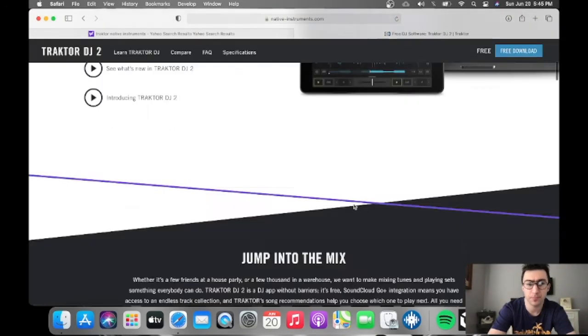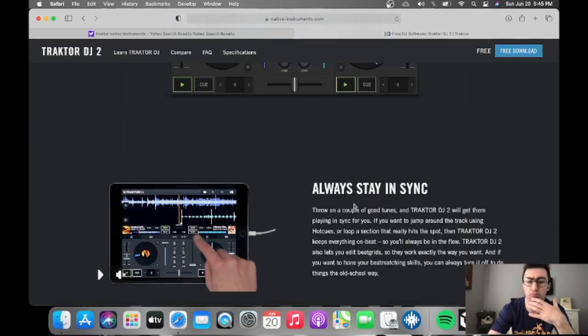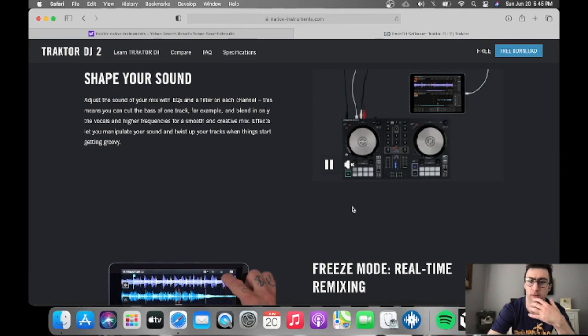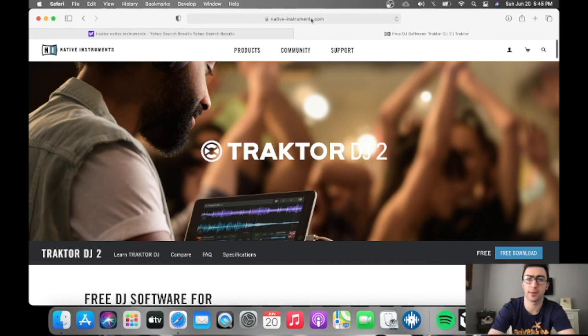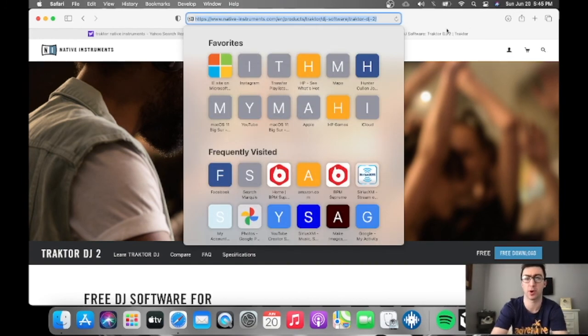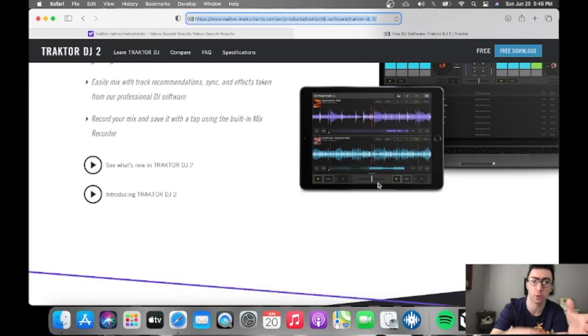But it says jump into the mix. And it does work with SoundCloud Go Plus, which is about $10 a month. I would have to say so. But if we go to SoundCloud, well, actually we'll talk about that in the next part. Talk about different subscription services like record pools and DJ streaming services like Tidal, SoundCloud, Beatport Link, BeatSource Link, and of course for virtual DJ users,